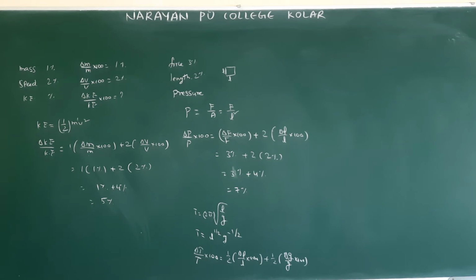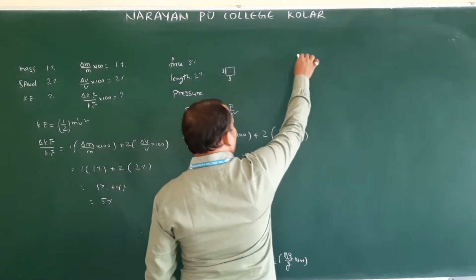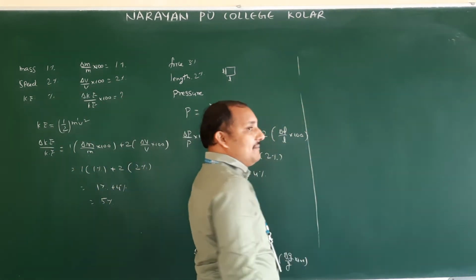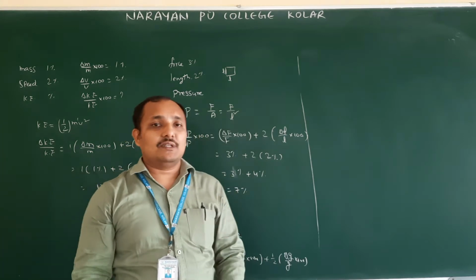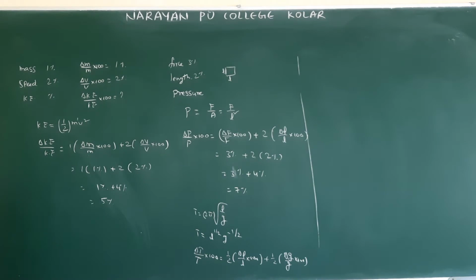Next here they gave least count of vernier calipers and screw gauge. About those we will discuss in our lab very clearly. Least count of vernier calipers and least count of screw gauge, in lab we will do. Therefore we will discuss those screw gauge, vernier calipers, speedometer, all those we will discuss in lab.